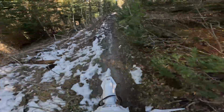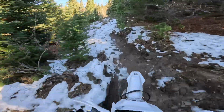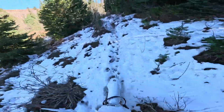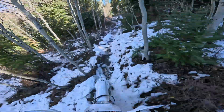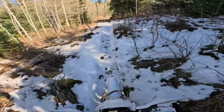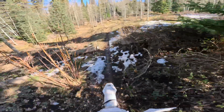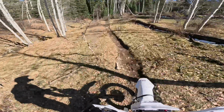That's crazy. I've been riding up here, I guess, for 12 years now. I don't think I've ever been on snow on this particular trail. I try to avoid it. I don't want to tear up a trail. I'm not tearing it up today, but